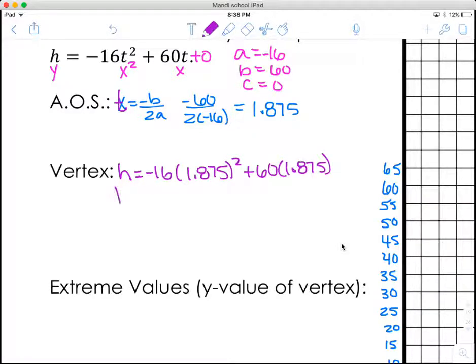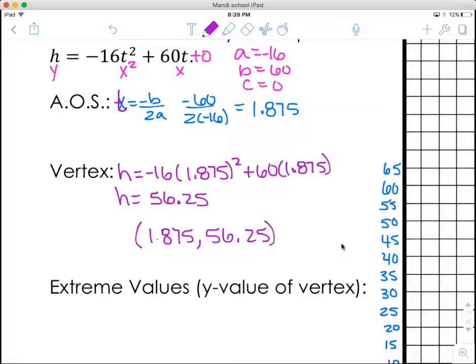Remember I told you if you can run your calculator well enough, you can just drop that whole equation right into the calculator, and hopefully it will give you the correct answer. So when I did that, I got the height at 56.25, which means our vertex is at 1.875 and the height is at